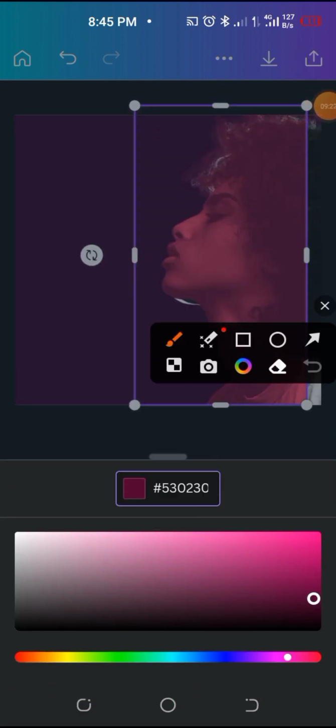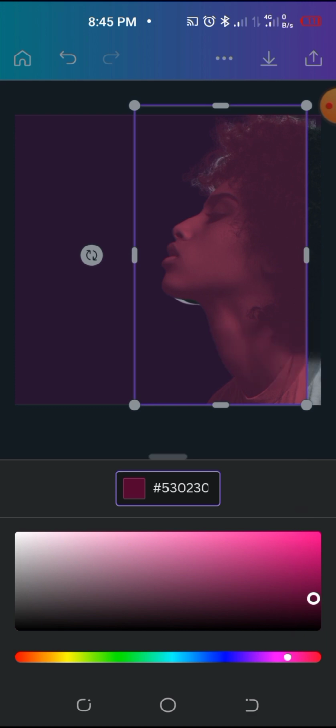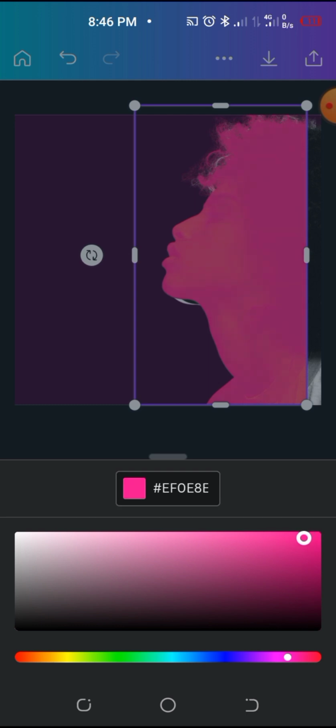Let me move this up so you guys see what I'm doing. So I'm dragging this. I looked at this color line, and then I locate where there is pink, as you can see, and then I position the tiny circle color picker to the pink size. All right, so I'm going to position it. Once I position it, let me cancel. So it's now in the pink, so I'm going to drag it to get a better pink in the color